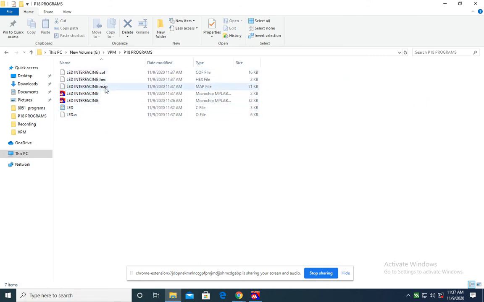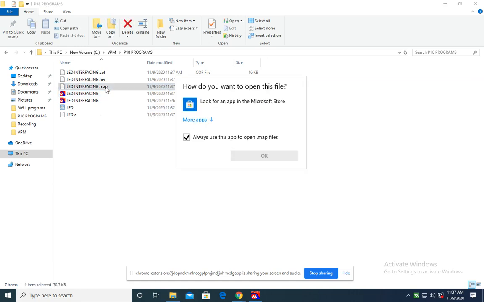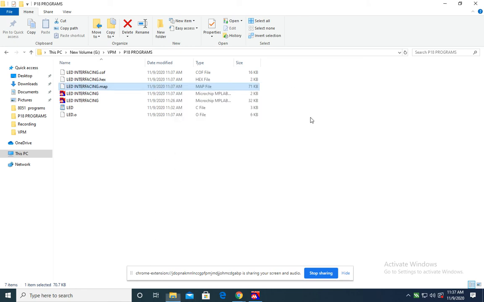There is the hexadecimal file and the mapping file. This is the memory mapping file. How your program is stored in the memory is described by this map file. It is internally available for the microcontroller, and we cannot see it. There is no source file to open for it. And here is the hex file.